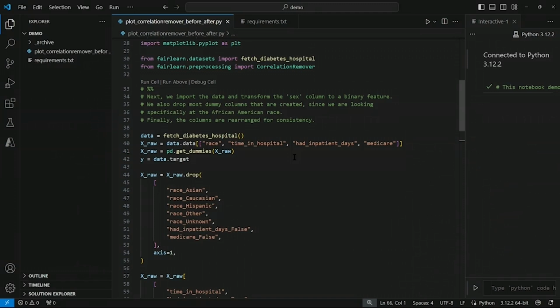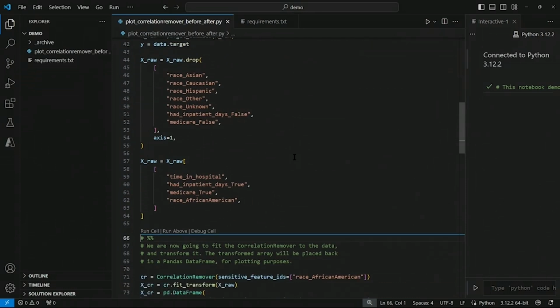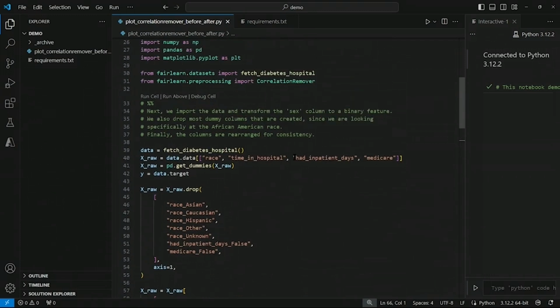The race attribute is converted into binary features using get_dummies on line 41, and on line 44, the columns corresponding to other races and some other features are dropped. So the dataset is focused on the African American race and a few other variables like time in hospital, had inpatient days, and Medicare. Okay, so now let's run this cell.